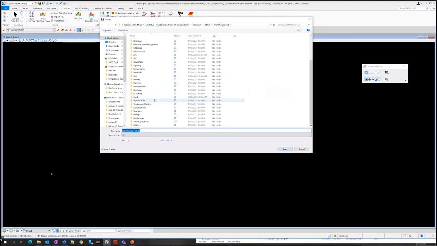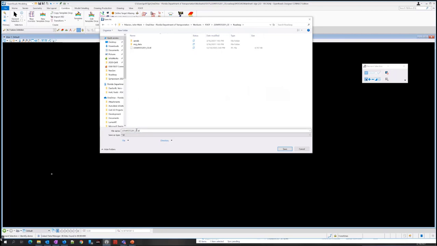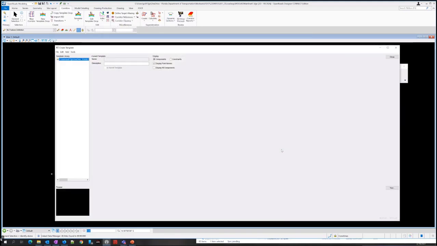Make sure you're in the right project folder, go to the roadway folder. And I don't want to overwrite the one I have because this is just testing out. So I'm just going to delete the _CE and just call it this FPID number.itl. And then click Save. So that's how you would set up a blank one.